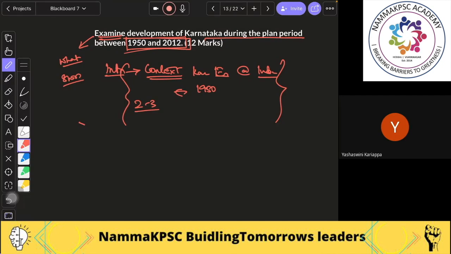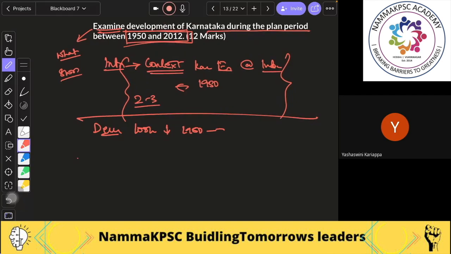Then you will write the development that took place under each plan from 1950 to 2012. I have given it here; it's a very factual question. For example, in the first 5-year plan, physical progress, the grow more food campaign was popularized. In the second 5-year plan, agricultural production increased, minor irrigation facilities were incorporated. Then for the third 5-year plan, a lot of things have been given. What all was done, I have mentioned in the answer key. You can go through that.